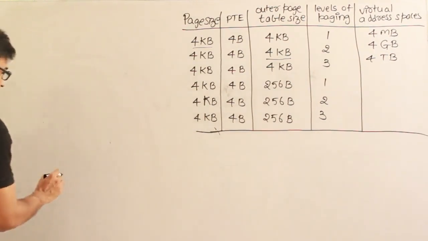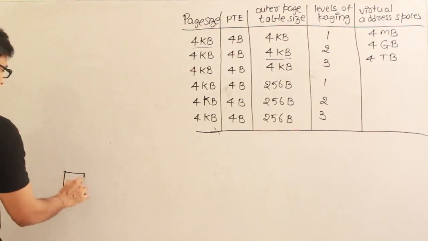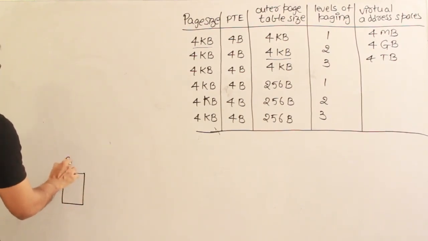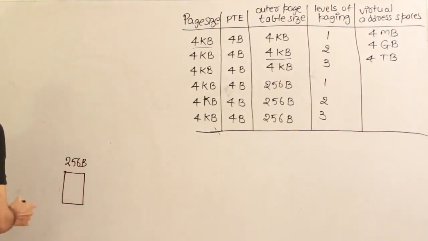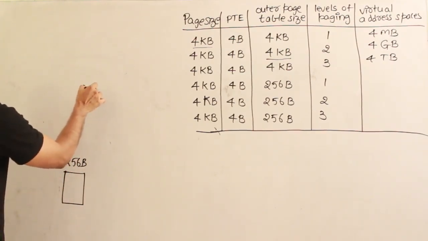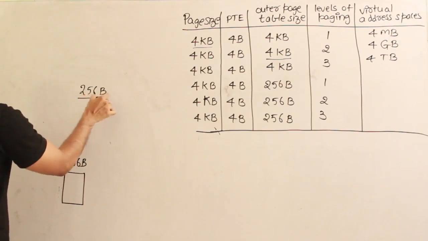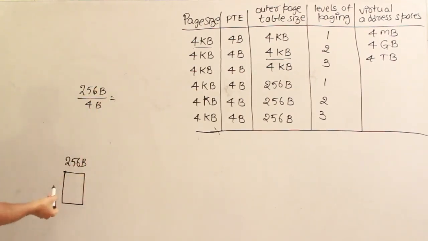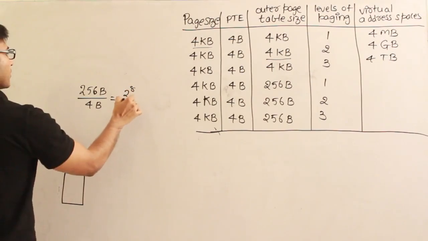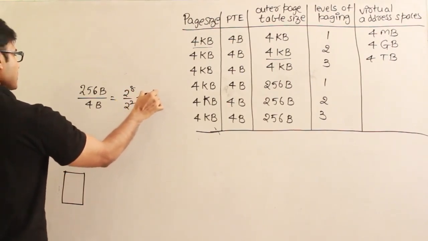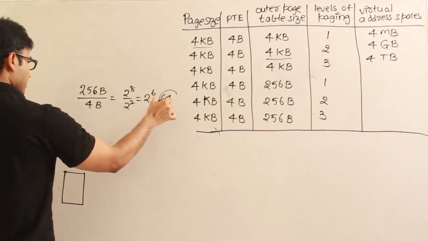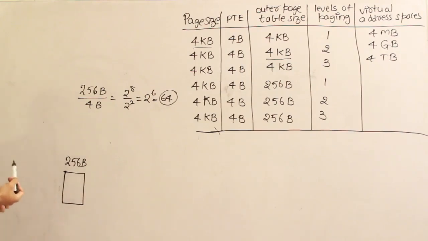And whose size is 256 bytes. The page table size is 256 bytes. There is only one page table, right? So if the size of the page table is 256 bytes, and if the size of each entry is 4 bytes, then how many entries are present in this page table? It is 2 power 8 divided by 2 power 2, which is 2 power 6, which means 64 entries are present in the page table,